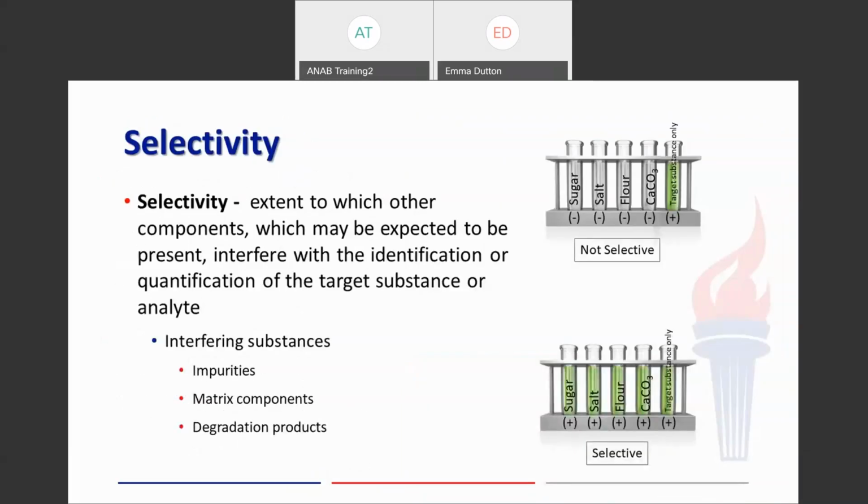Selectivity, on the other hand, is the extent to which other components which may be expected to be present interfere with the identification or quantification of the target substance or analyte. So we need to see about selectivity, even in some cases for our qualitative test as well as our quantitative test. So if you're doing, just for identification purposes, maybe a color test,